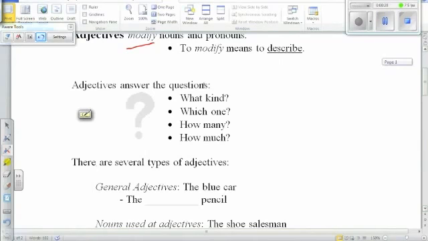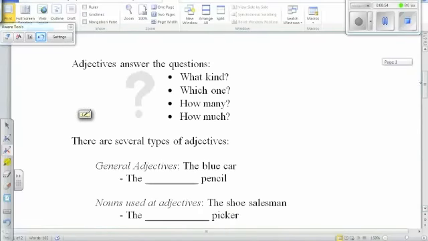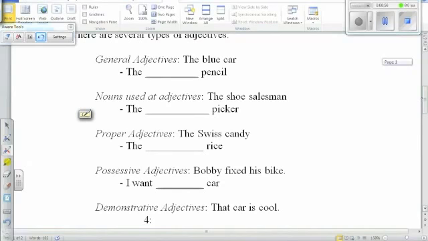Now, these questions are very important. There are 4 questions that adjectives answer. So after you finish reading a sentence, you can ask these questions and it'll help you find an adjective. So first of all, we may say what kind, that'll help us find them. Which one will help us find the adjectives. How many will help us find the adjectives. And how much will help us find adjectives. So we're going to look at all the different types of adjectives, and that'll help you identify them when you